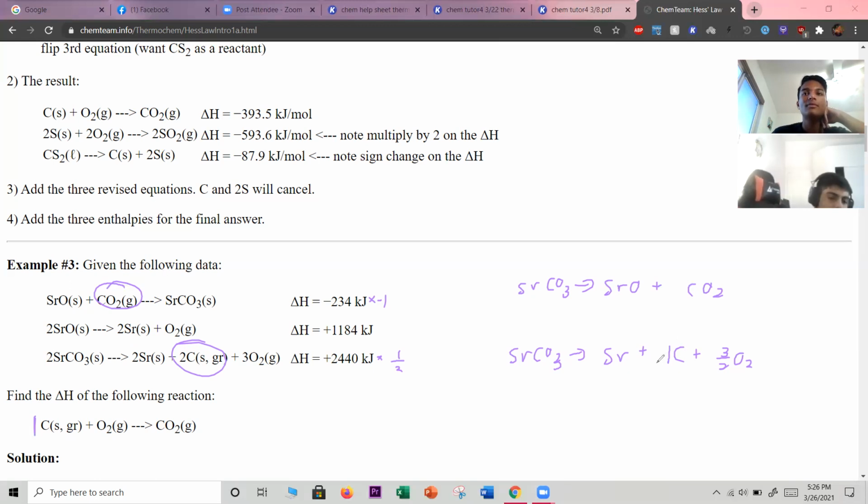The O2, right? No, no, no. Just look at only the C, okay? What side is it on? This is on the left side. No, this is on the right side. Oh, for that C, yeah. You're trying to make it end up there, right? If you want to make it on the, just negative